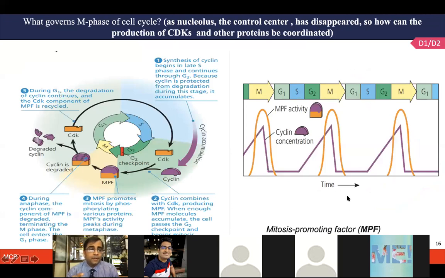Again, if you are interested to learn a little more detail about it, which I have not talked about in the class, part of that is also a complex being formed, which is known as mitosis promoting factor, MPF. Now you can see that when CDK and cyclins come together, they get conjugated. Now the MPF promotes more of the phosphorylation activities of these proteins. And once the mitosis gets completed, the cyclin gets degraded, and that process is complete. So again, it is slightly more complex than what I have simplified in my lecture, but I do not want you to go into that great detail. In case you're interested, this is part of your book. You can read this part as well.